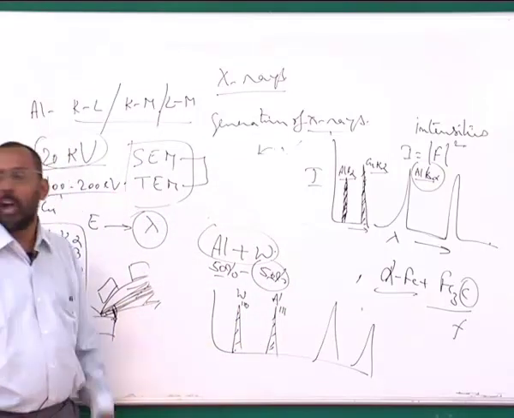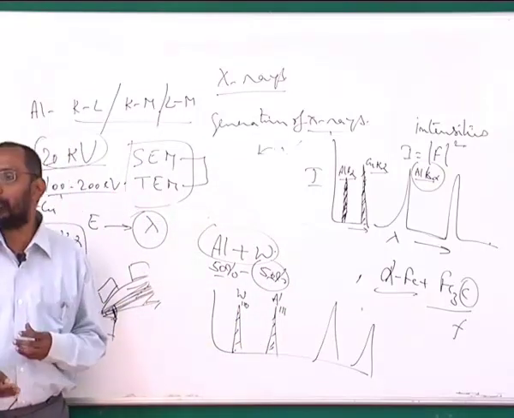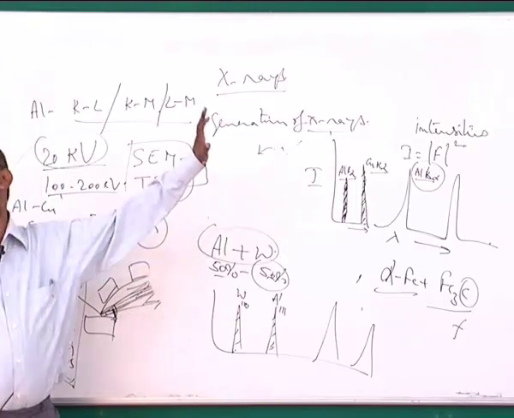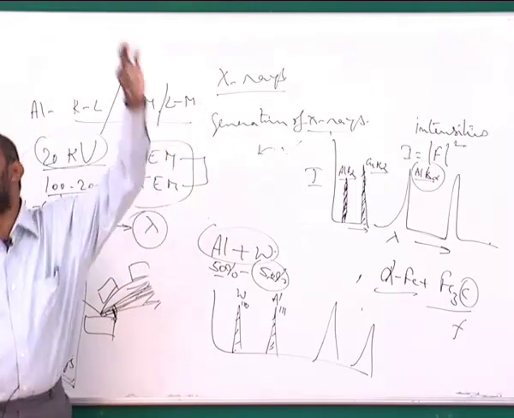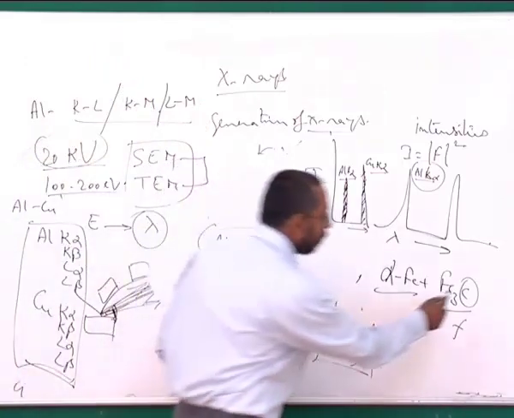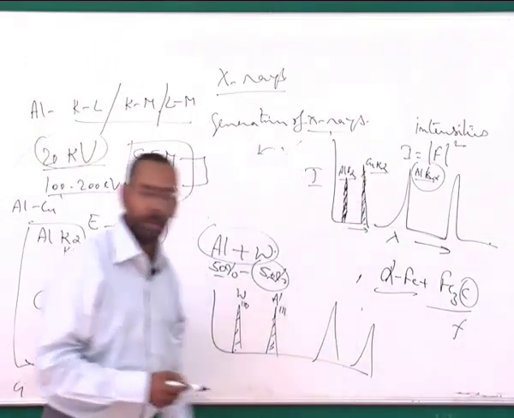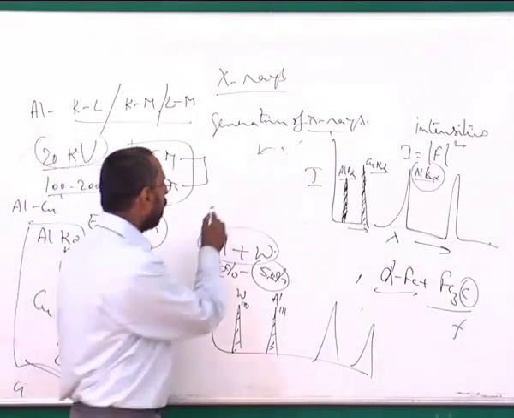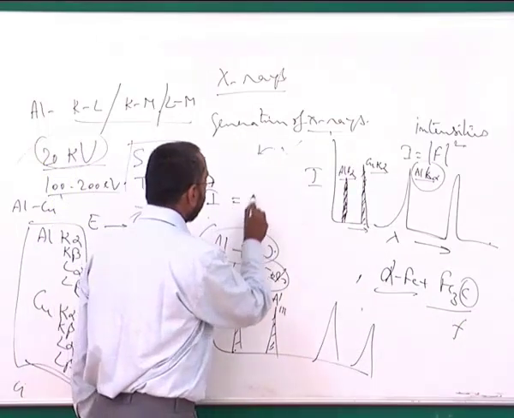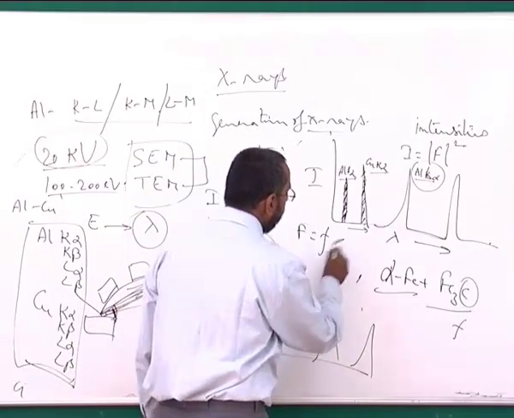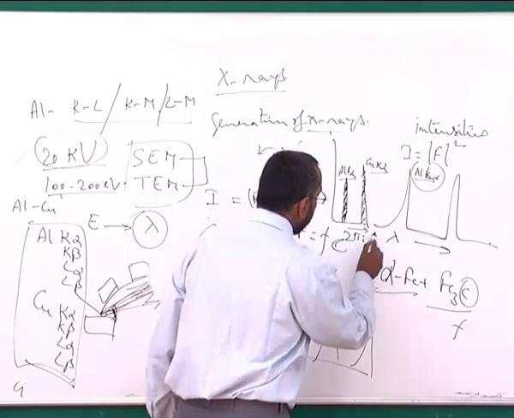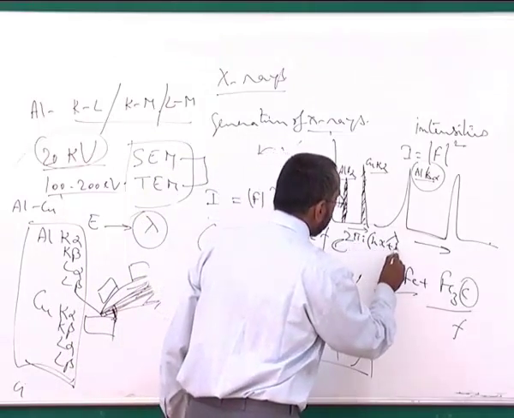But height is not always representative of only the amount of phase. It is also representative of the amount of phase, but it is not representative of only the amount of the phase, and that is where the structure factor comes in, the atomic scattering factor comes into the picture, because I is proportional to the square of the structure factor, and F is, as we know, small f times e^(2πi(hx+ky+lz)).